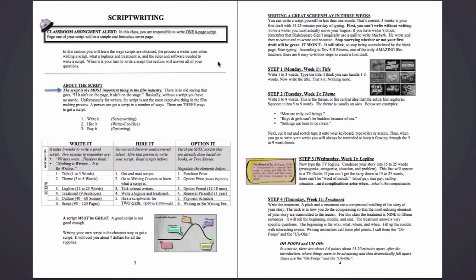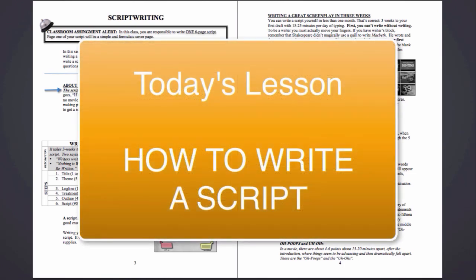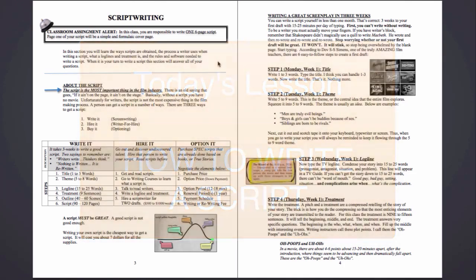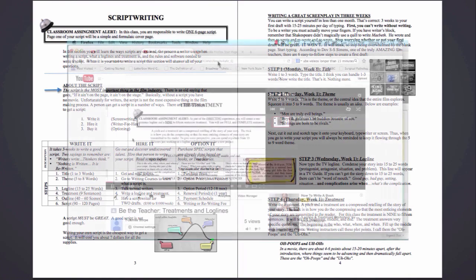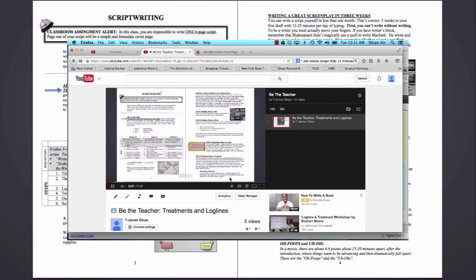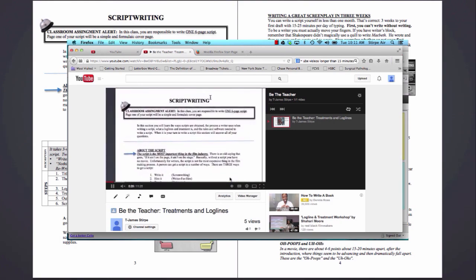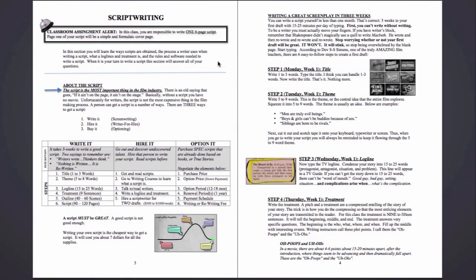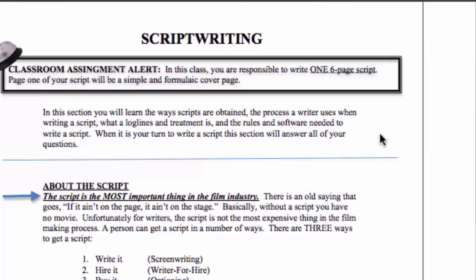Time to be the teacher and teach yourself how to write a script. If you have not yet watched the video on creating a logline and treatment, you'll want to do that now. That is the first step in creating a script. Once you've completed that video, you can come back to this one. But if you have watched that one, then you're on the right track, and it's time to talk about script